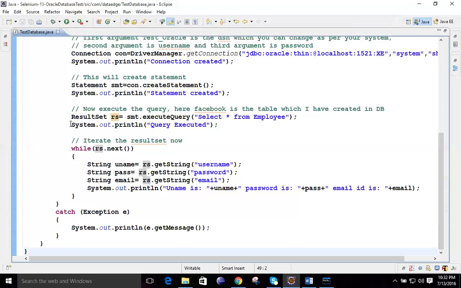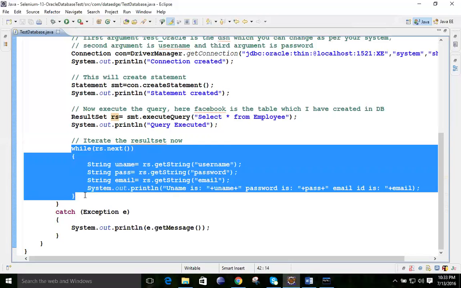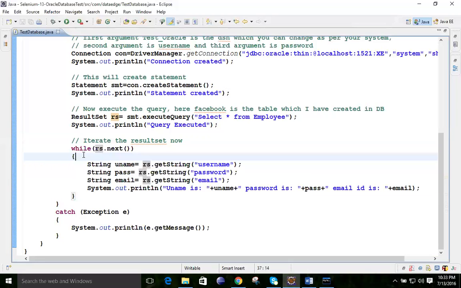So here also we can consider rs as an object array where all my data has been stored from executing this query. Now we will take the help of a while loop to print the data one by one. What will be the condition?